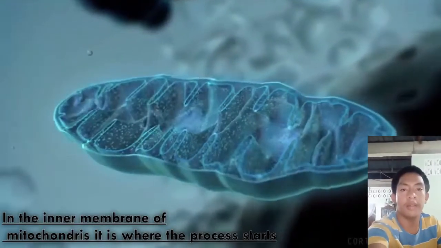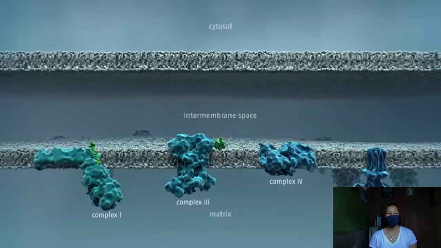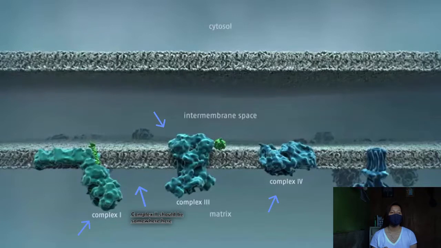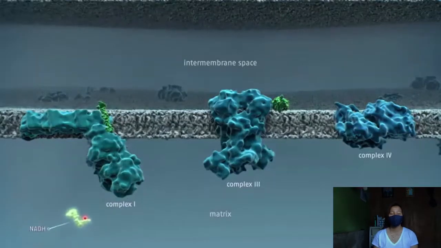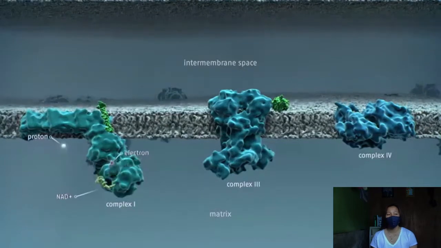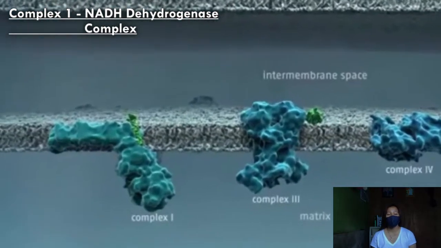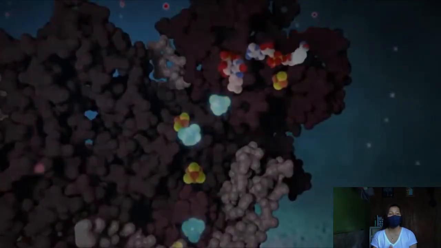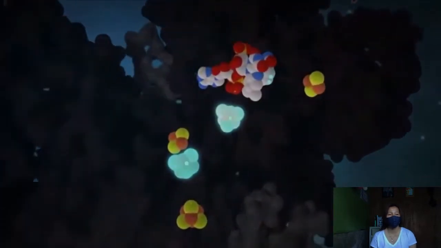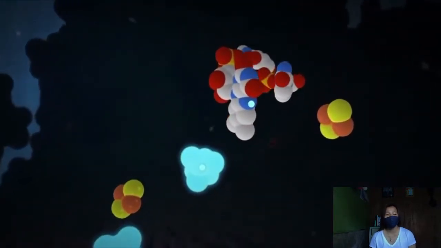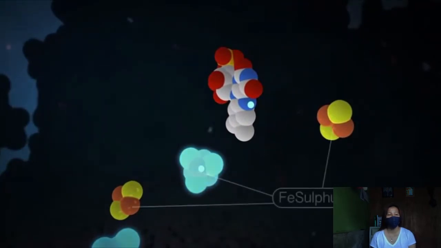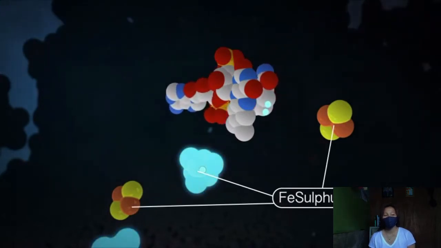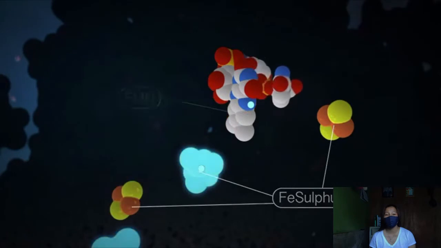In the inner mitochondrial membrane of the cell, it all starts. The system is composed of 4 complexes and 2 small diffusible electron carriers shuttling electrons between them. It starts on complex 1, which is named NADH dehydrogenase complex. From the word dehydrogenase, it removes hydrogen from the reduced form of nicotinamide adenine dinucleotide. It is called a complex because it also contains flavin mononucleotide and iron sulfur compounds. It is called oxidoreductase because dehydrogenation is an example of an oxidation-reduction reaction,